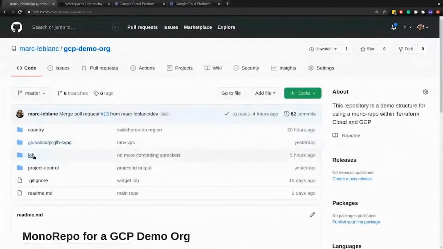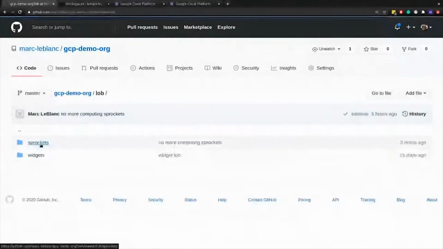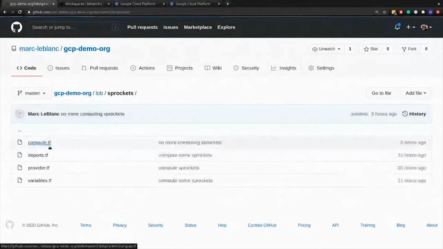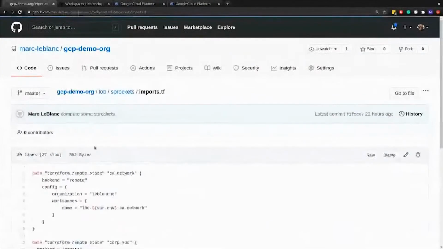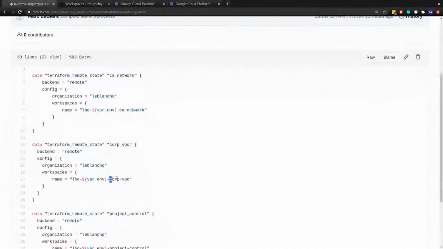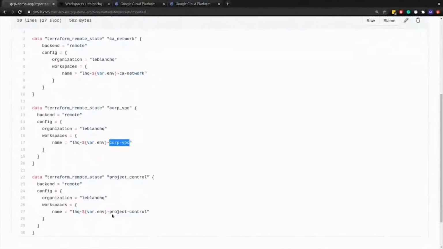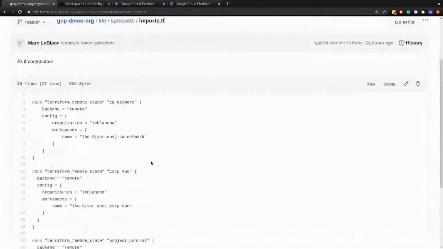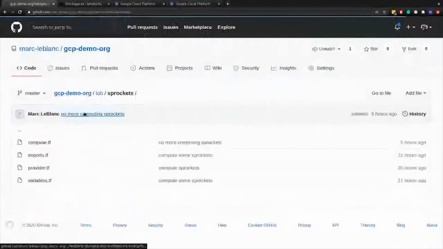So if we come into, for example, the line of business one, because I'm importing more stuff here. So I'm importing information from 3 different workspaces. I'm going to pull some information from the network, pull some information about the VPC, and the actual project, and how that maps out